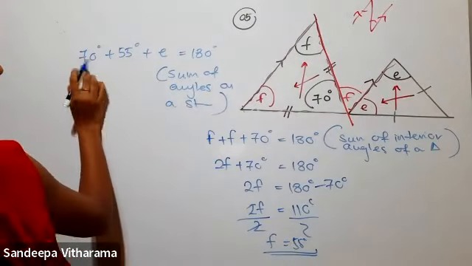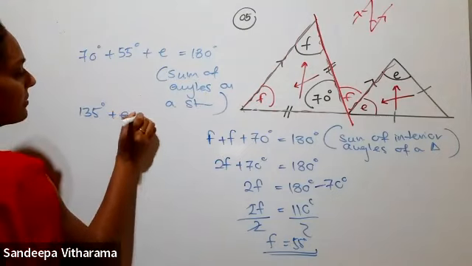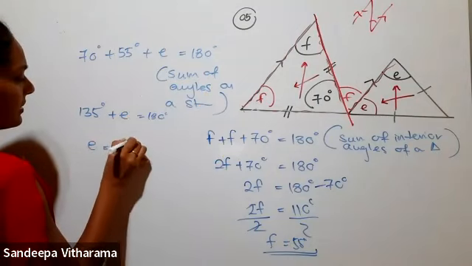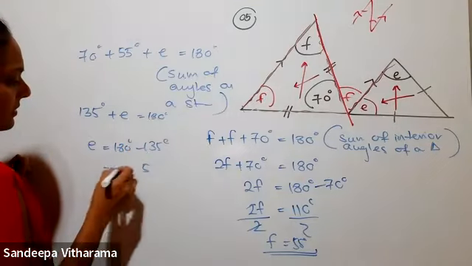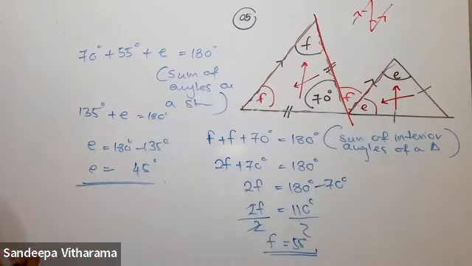Okay. Then here it is 135 plus E equals 180. Then E is equal to 180 subtract 135. So E is equal to 45 degrees. Okay. Did you get these answers? The answers are the